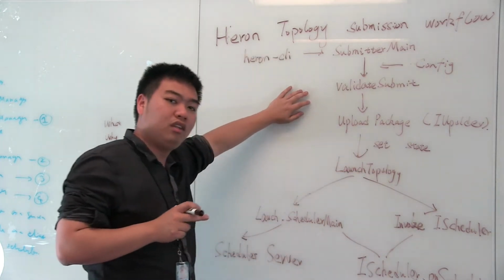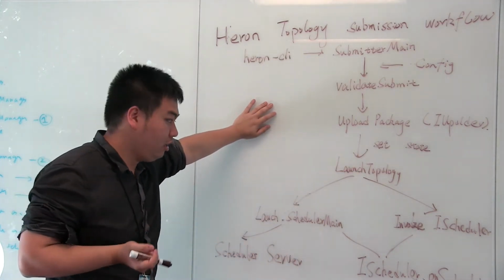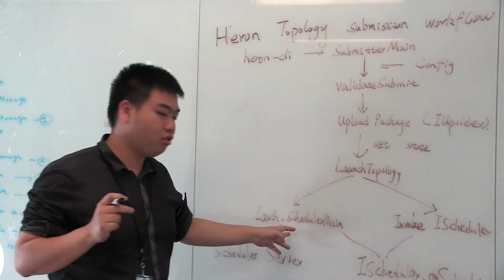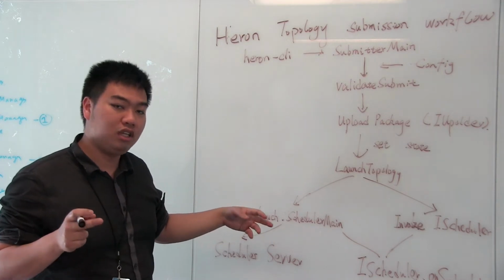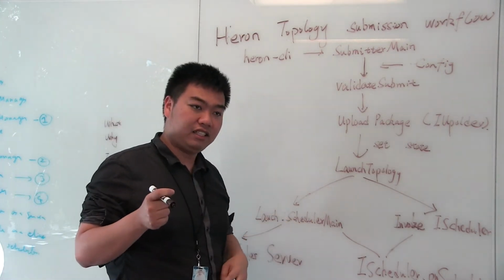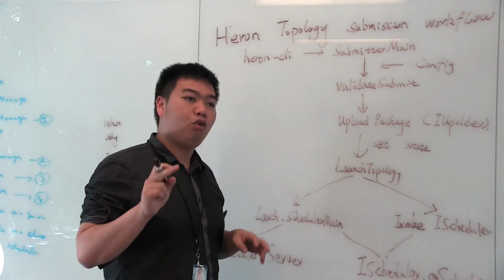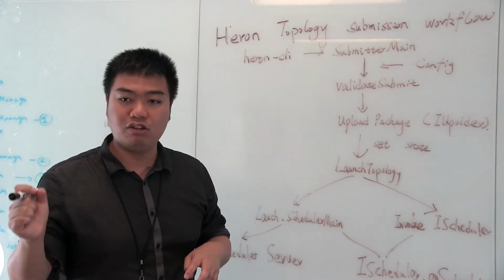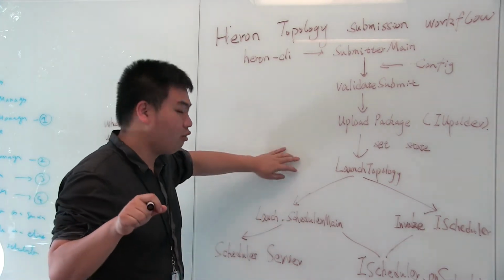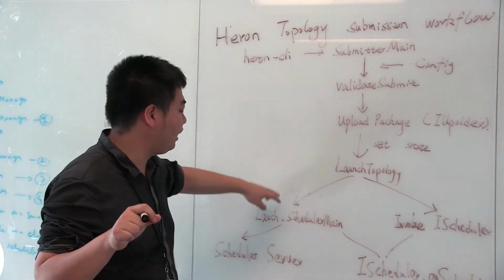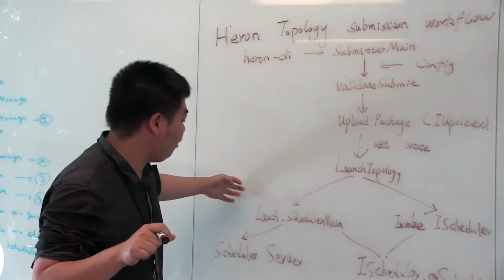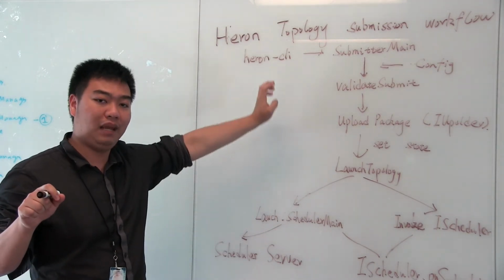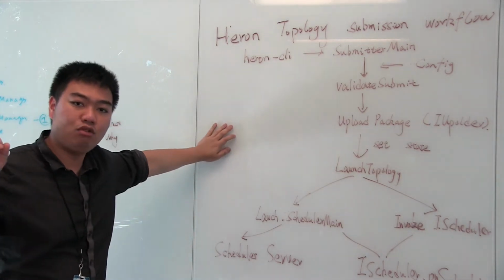Here's a question: what does it mean to launch a topology? To launch a topology, we have two modes. One is trying to launch the scheduler as a service. So in fact, to launch topology, we just launch the scheduler and then let the scheduler schedule the rest of the containers. If you choose to launch the scheduler as a service, then we'll launch the SchedulerMain, which is also in the scheduler core code base